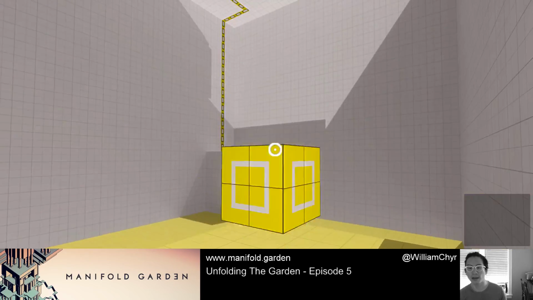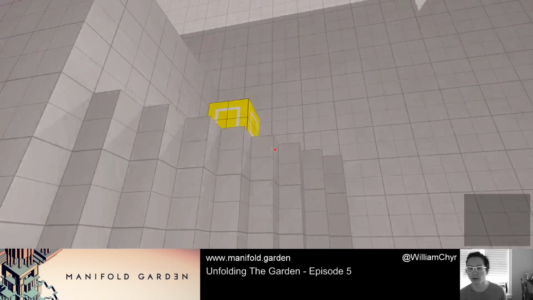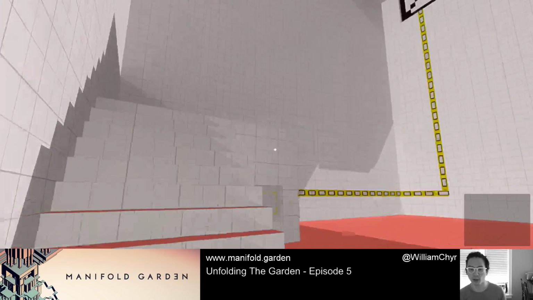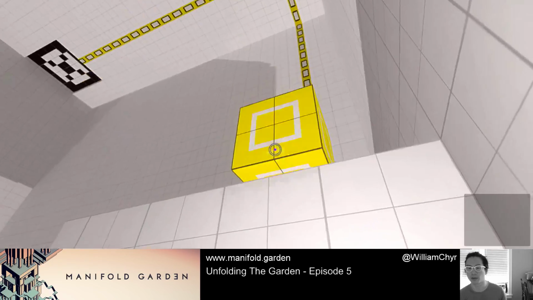Okay, so yeah, I've added this new feature, which is when you change gravity, it had this cool effect to go with it. And I did end up getting rid of it because once the levels got too big,